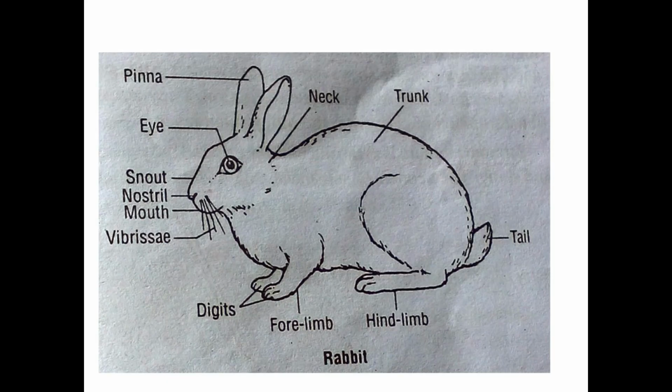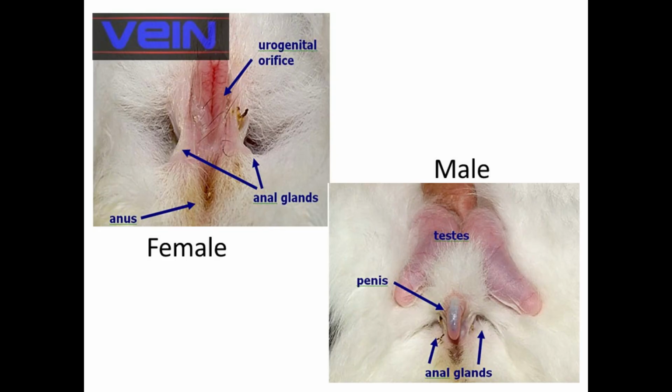Coming to the posterior region of the trunk, the tail is present. At the root of the tail is the anal opening, which is the digestive opening. Coming to the ventral side, just in front of the anus, there is another opening which is called the urinogenital opening. So the 2 openings seen at the posterior region of the trunk are the urinogenital opening and the anus. In the case of male, this urinogenital opening is not exposed as it is in female.